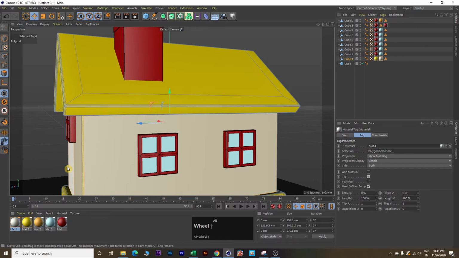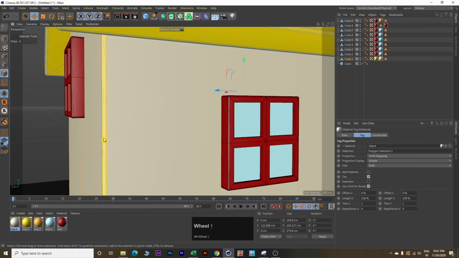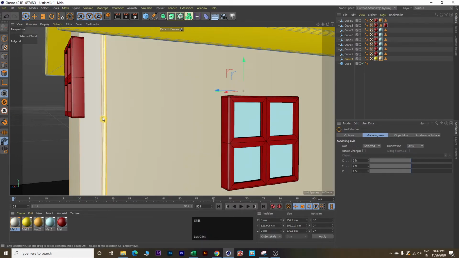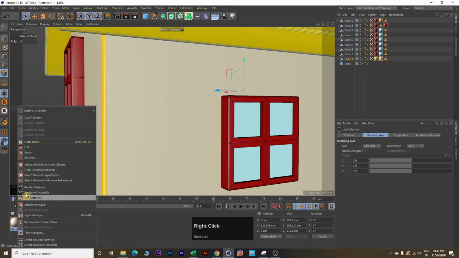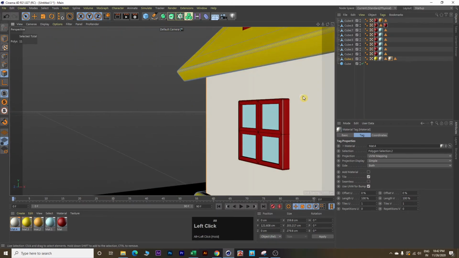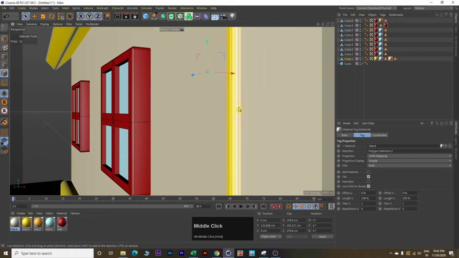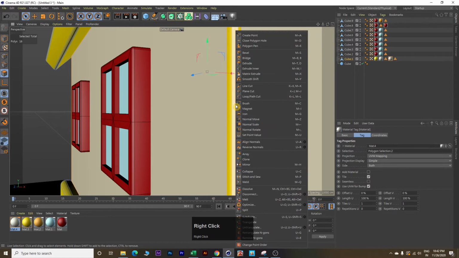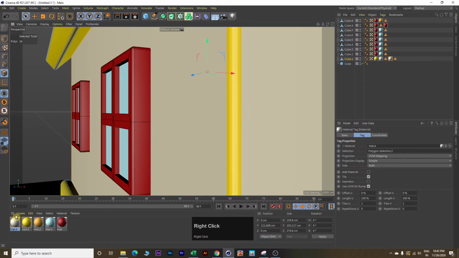One thing we have missed out over here is these edges are still yellow color. So what we will do is click on the live selection button and select these edges and right click, apply. Again rotate your house, select these edges, right click here and apply.